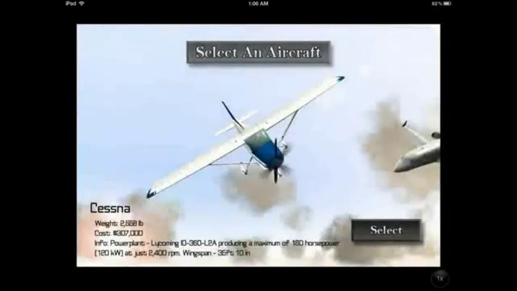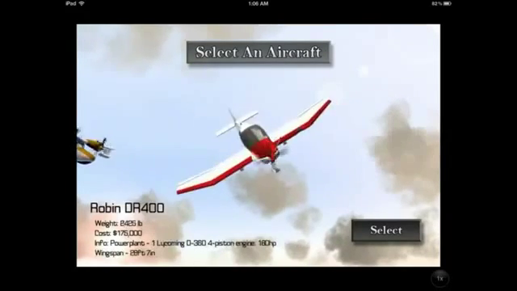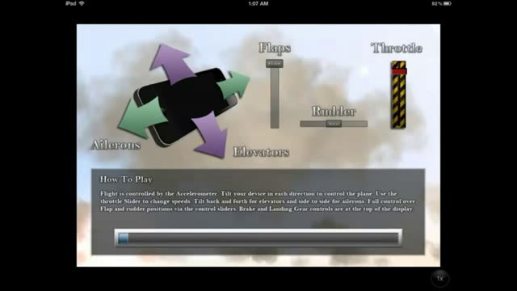Now here we go, there's a bunch of different aircraft you can choose from. You can see they're all listed right there. So I am going to pick the Challenger Learjet. And it uses your accelerometers to control the aircraft. You have your flaps, your elevators, your rudders, and your throttle. So it does take a little bit to load,